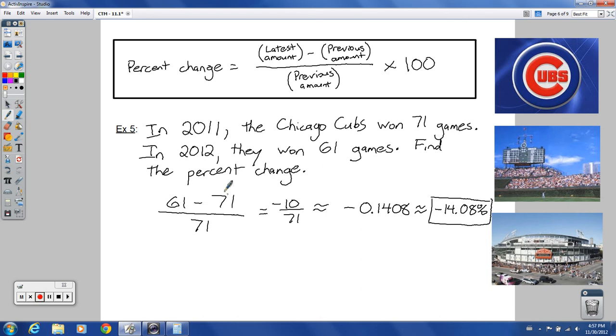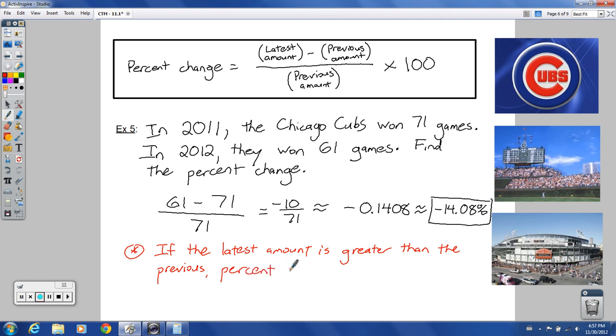Alright, so this is the case here. Let's get out a different color just to make another point. If the latest amount is greater than the previous amount, or just greater than the previous, we'll say the percent change is,